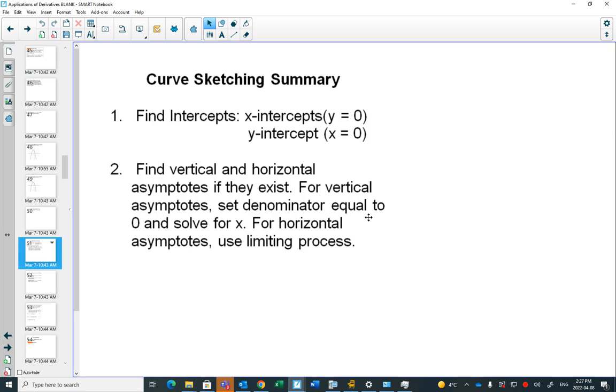Okay? Another thing from previous years, look if your graph has any asymptotes. You're going to have vertical asymptotes whenever you have a non-permissible value. You're going to have horizontal asymptotes when x gets really, really big and it approaches something. So you sort of have to do a limit as x goes to infinity and a limit as x goes to negative infinity, or you have to look at the graph and say,